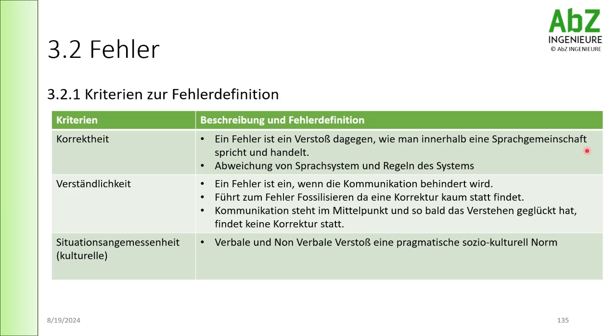Now this becomes regional. So in Bayern you speak Bayerisch. So if you define something as wrong just because you spoke in Bayerisch, then it is considered as wrong. Now the disadvantage of this category is you cannot have a clear definition of German. You can have Bayerisch, that's all. But just because you learn Bayerisch doesn't mean you get to learn German now. This is one problem with this criteria, Korrektheit.